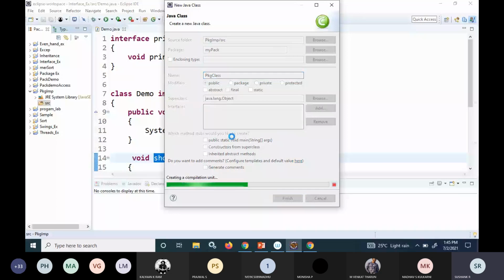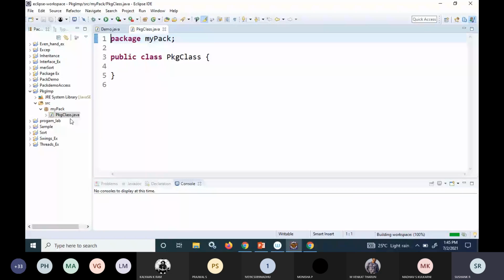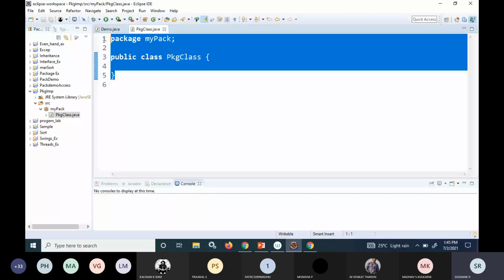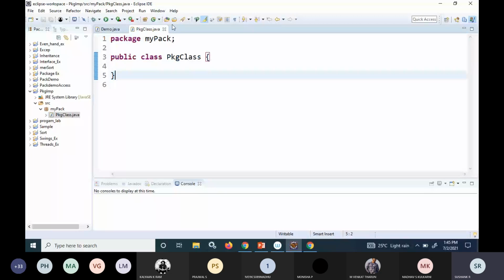Now, first I'll write a program which will contain a method, just a display function. This package name is my pack, so that's why the package my pack and the class name are there. What this class will do is contain one function called display function.